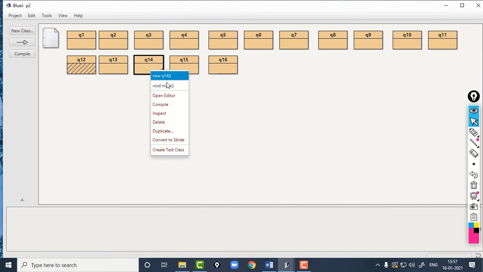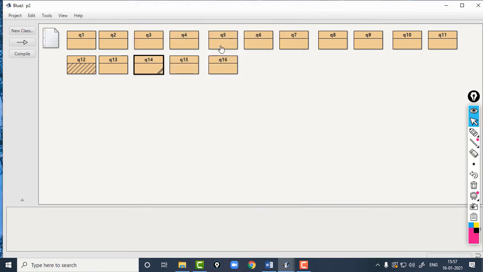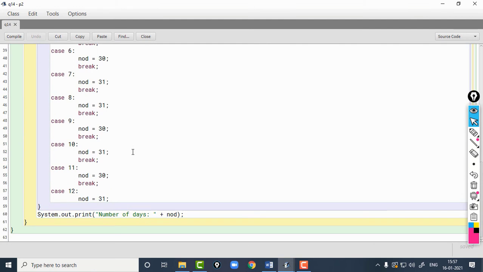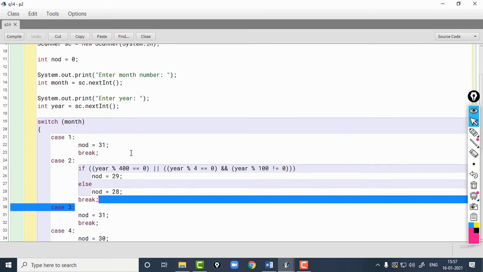Okay, and if the month number is beyond 1 to 12, like 15, then it's showing number of days is 0. So I hope you have understood this program.